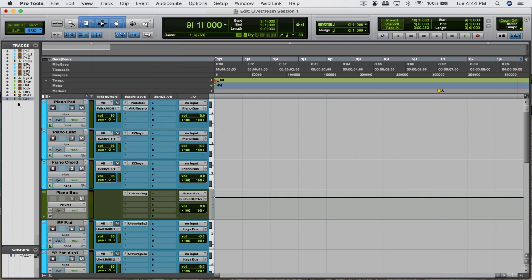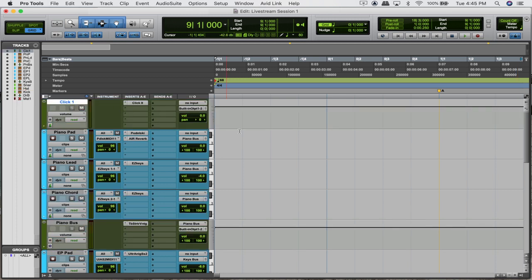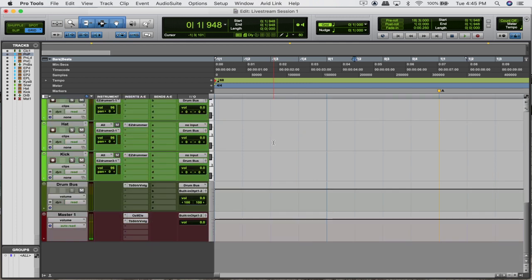I do want a click track to start just so I can get everything locked in, and then once I have the beat locked in, I'll take it away. Make sure that's in and working. Yep. Alright, so I've got my kick. We're good to go. I'm going to approach this in 2 halves, so this first half will be